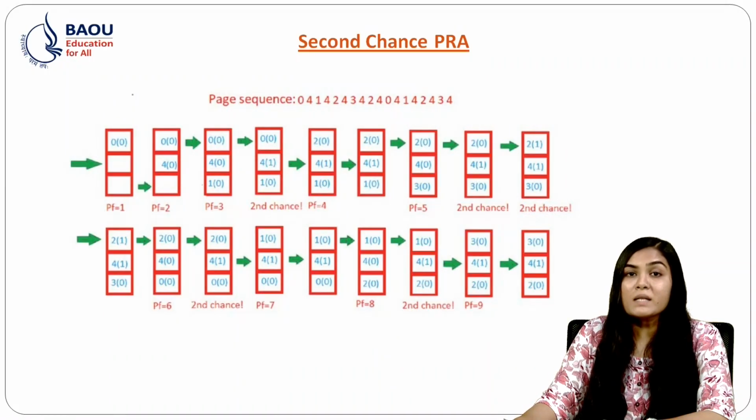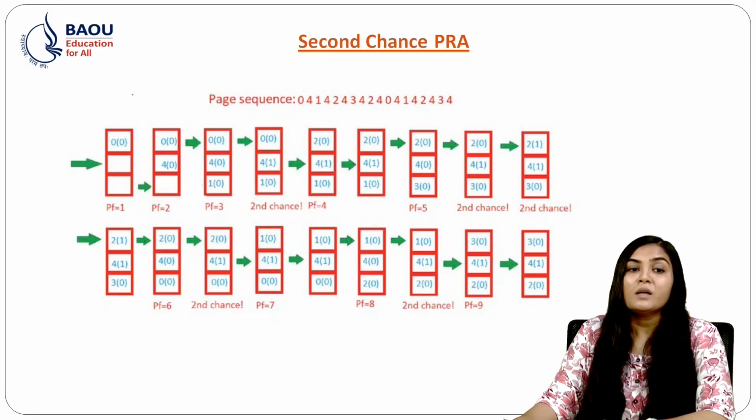When we pass 7, the frame will be 2, 4 and 3. The second chance will be 0, 0 and 0 because 4 survived but its second chance bit became 0, so the pointer will be updated to 0 as the element at index 2 was finally replaced, and the page frame will become